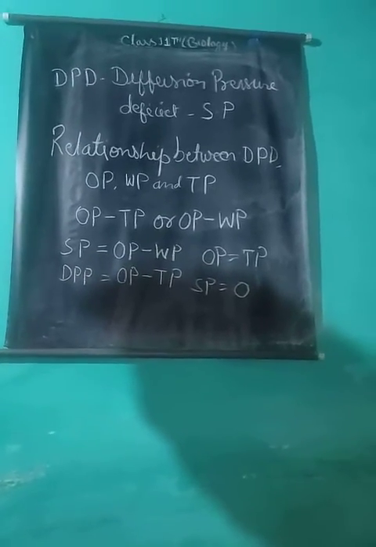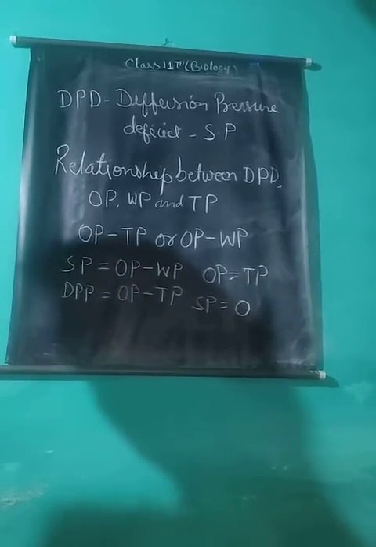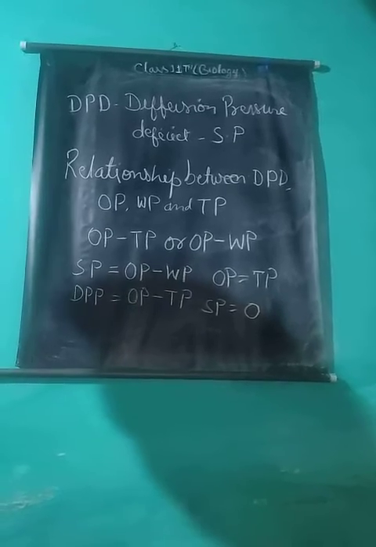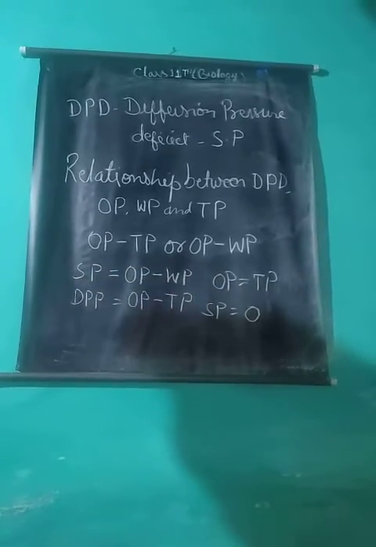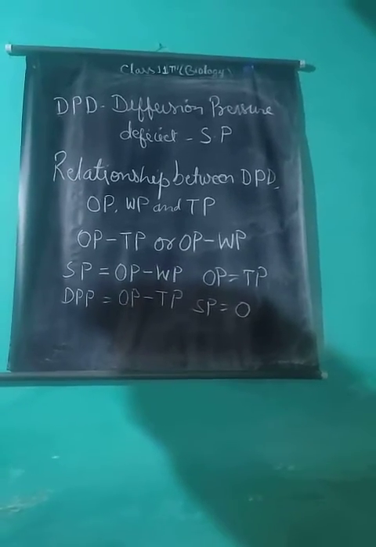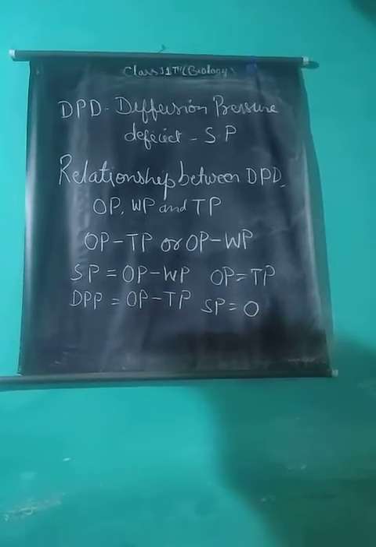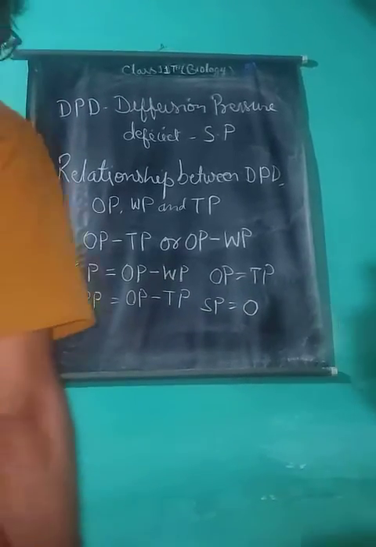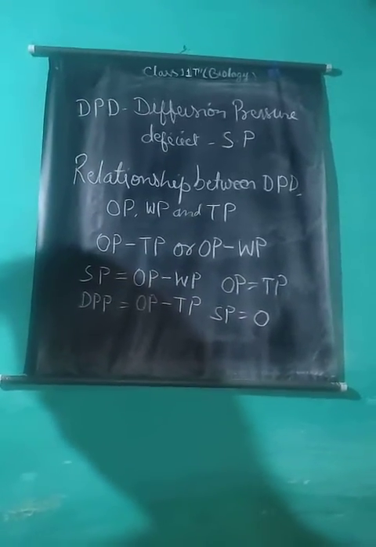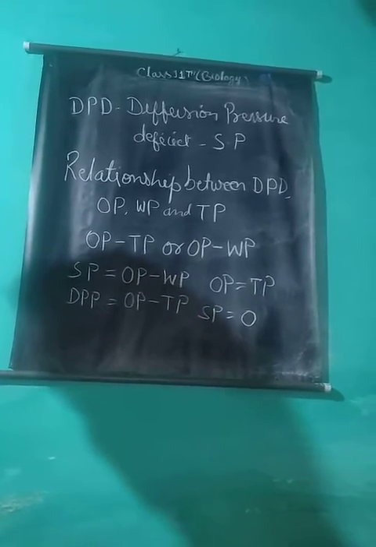On the other hand, the removal of water from the cell, exosmosis, results in the increase of its osmotic pressure and the decrease of turgor pressure, so much that the cell becomes flaccid or fully plasmolyzed, and the value of turgor pressure becomes 0 in fully flaccid cells. TP is equal to 0.